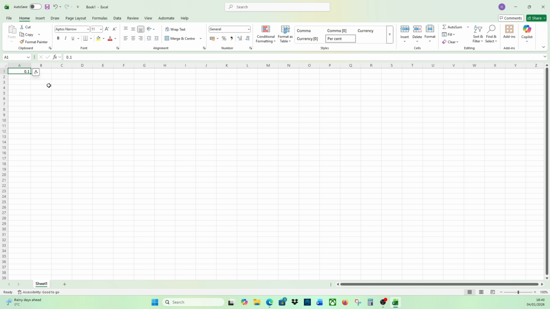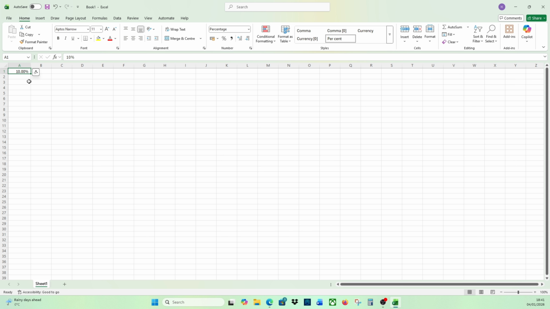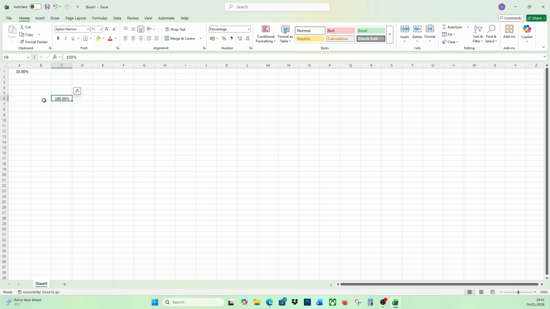But if you leave it at general when you're typing it in, the actual value of 10% is 0.1. So Excel is going to see that 0.1 is in this cell. So if we were to take it out and type in 0.1 with a general format and we come up here and change this to a percentage, now it will recognize it as 10%. 1 is the first whole number, of course, so Excel sees 1 as 100% in general terms, or if the formatting is left at general. So if we were to change 1 to a percentage, it will give you